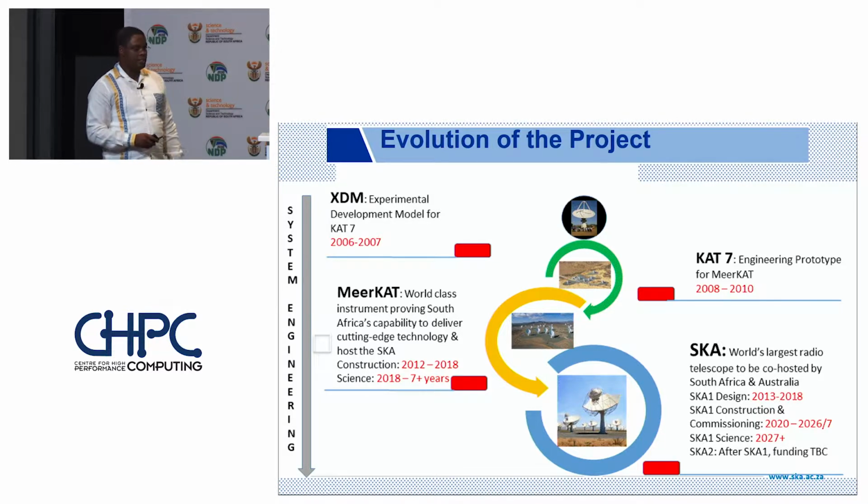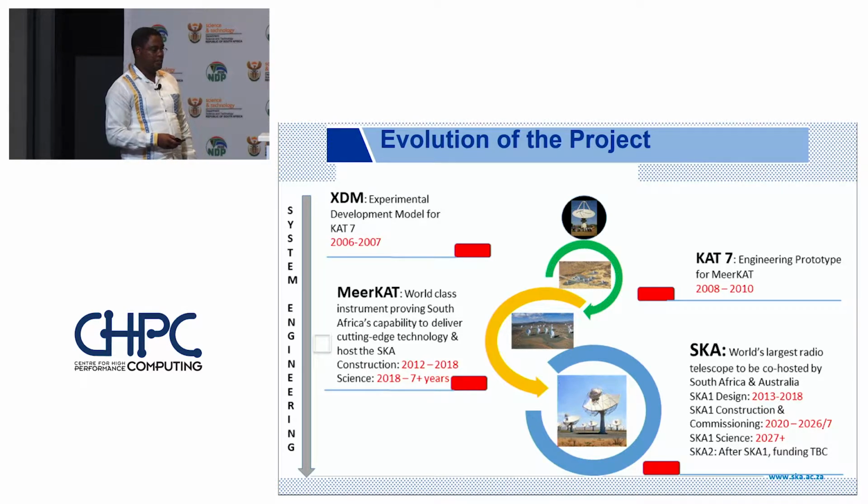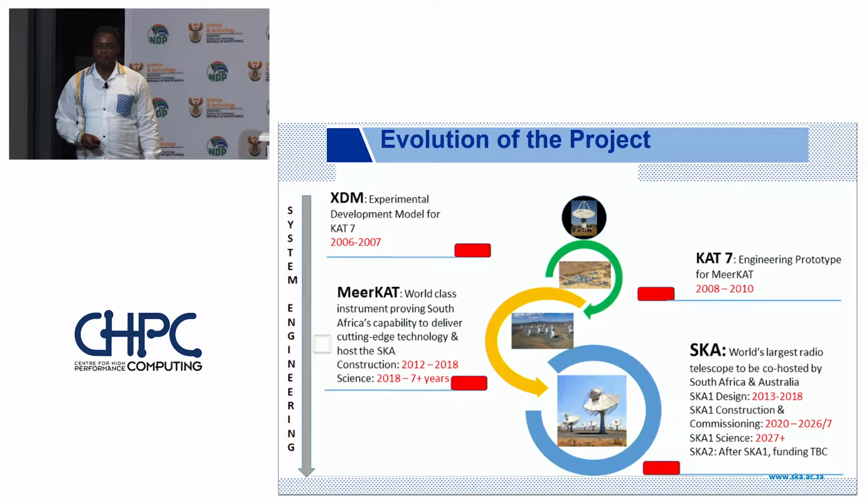The KAT really means Karoo Array Telescope. It was a 7-antenna interferometer as a precursor to MeerKAT. Then somebody said, well, we need more KAT-7. What are we going to call it? And Meer is Afrikaans for more. So we ended up with MeerKAT as the name of a 64-antenna interferometer with an 8-kilometer baseline. Then in the future,